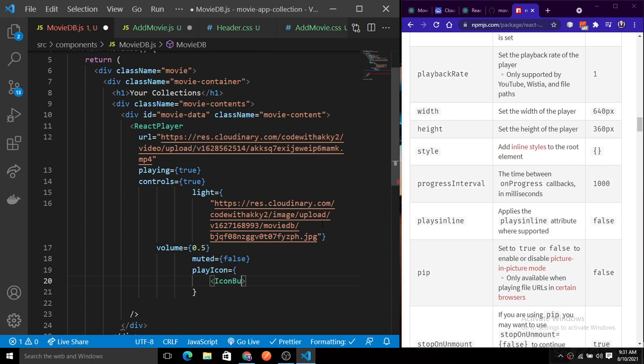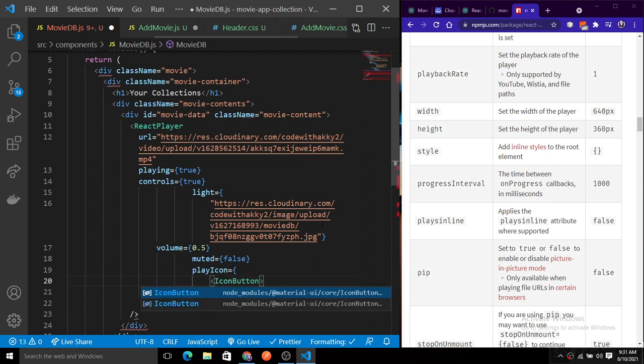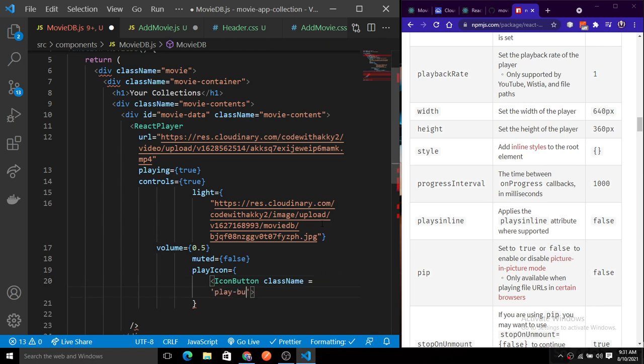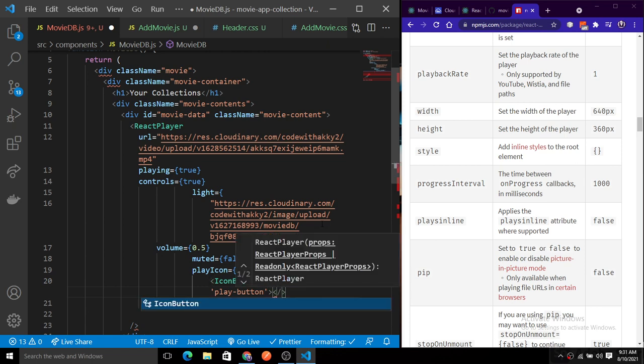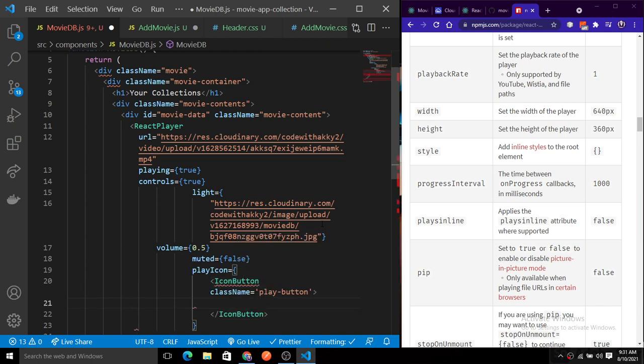We just need this icon button, and give it the class name of play button. First of all, icon button, and inside of this icon button we just need the play icon, right?